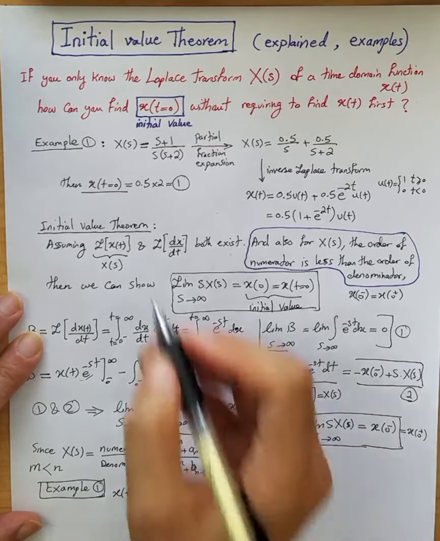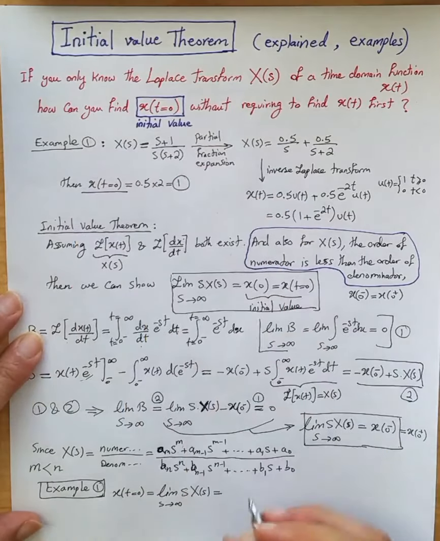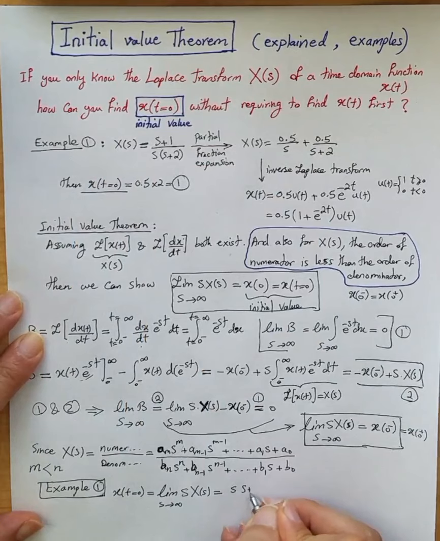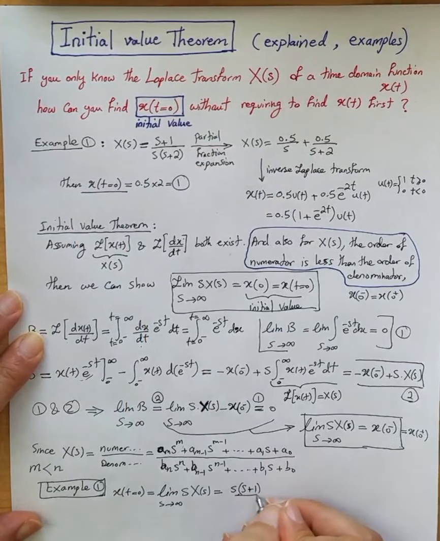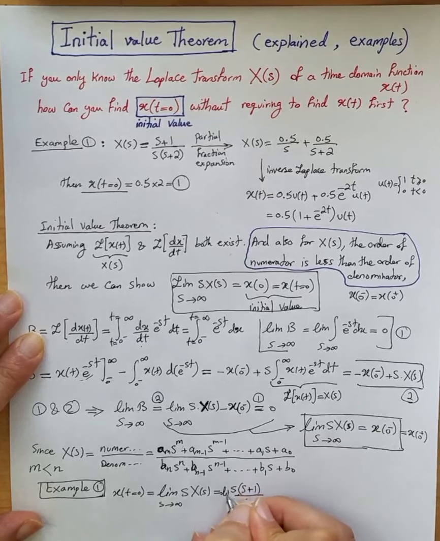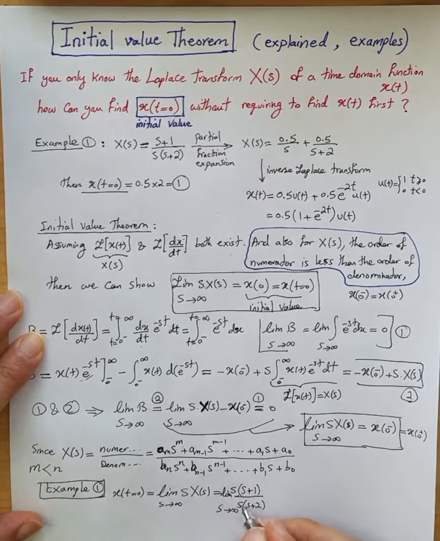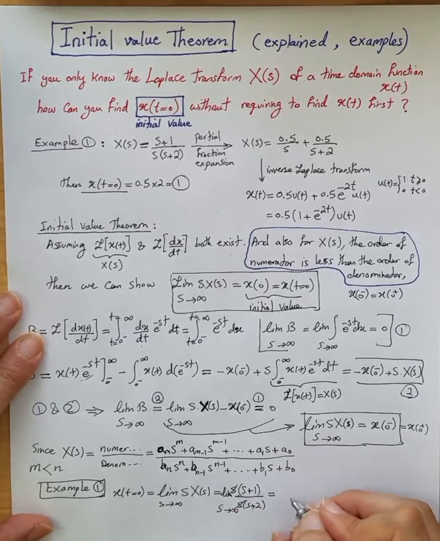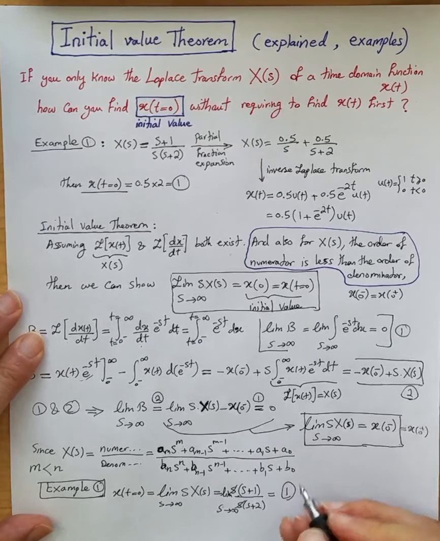So x of s is given here. It becomes s times s plus 1 divided by s plus 2, limit when s goes to infinity. These two s cancel out, and when s goes to infinity, this obviously goes to 1,